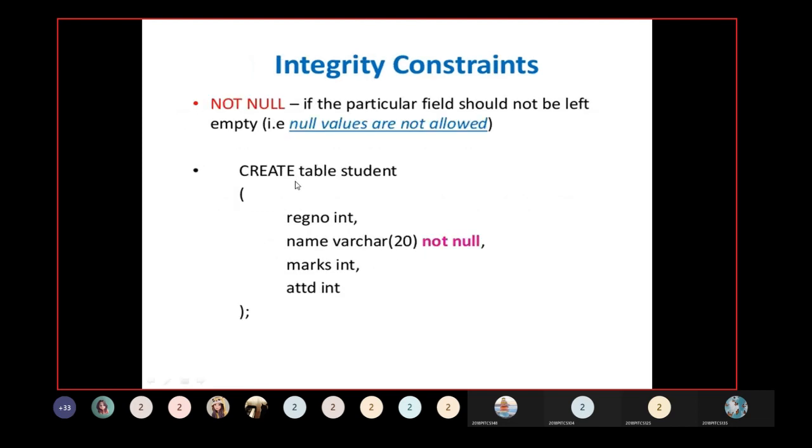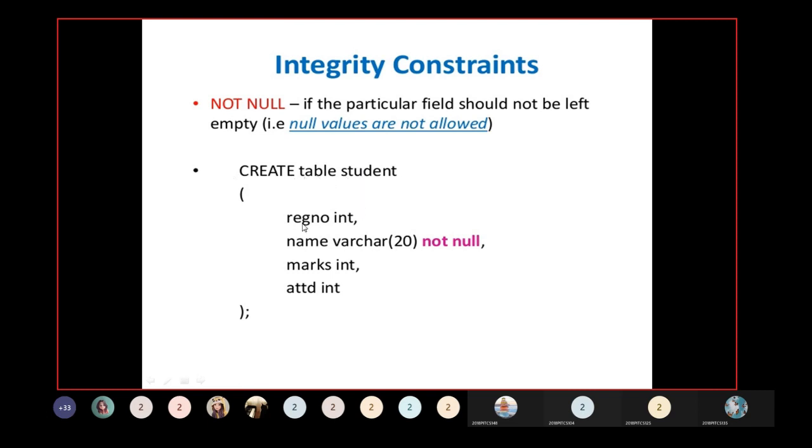When you are using not null, the particular field should not be left empty. Look at this example. Create table student.